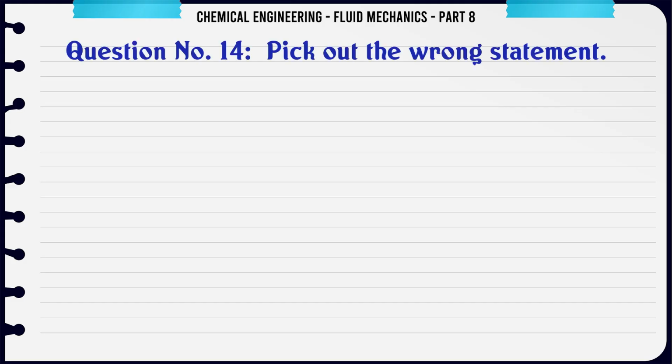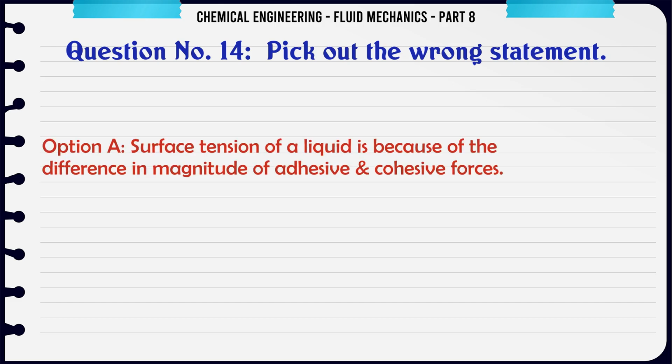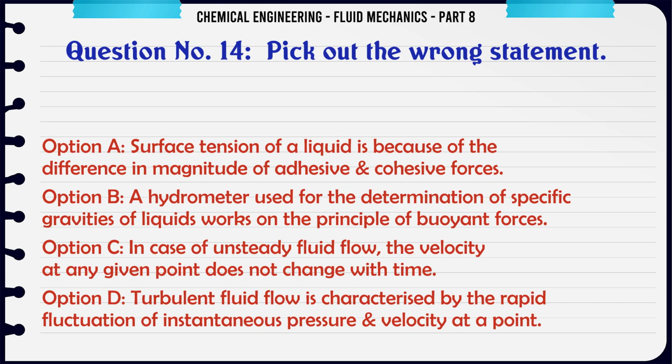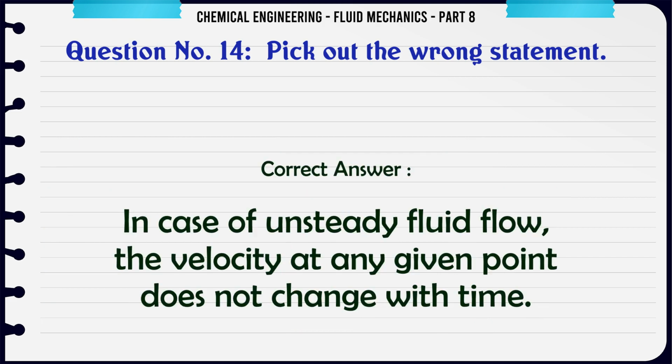Pick out the wrong statement. A. Surface tension of a liquid is because of the difference in magnitude of adhesive-cohesive forces. B. A hydrometer used for the determination of specific gravities of liquids works on the principle of buoyant forces. C. In case of unsteady fluid flow, the velocity at any given point does not change with time. D. Turbulent fluid flow is characterized by the rapid fluctuation of instantaneous pressure and velocity at a point. The correct answer is: in case of unsteady fluid flow, the velocity at any given point does not change with